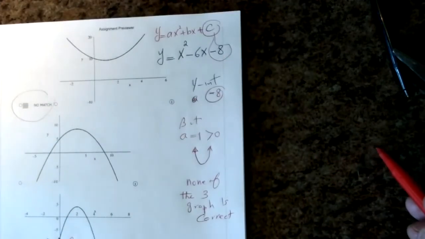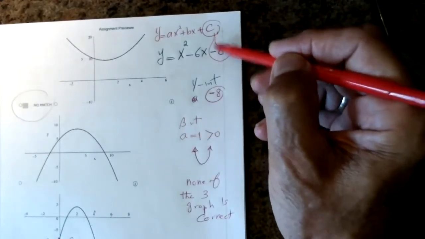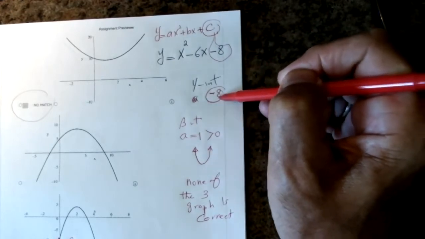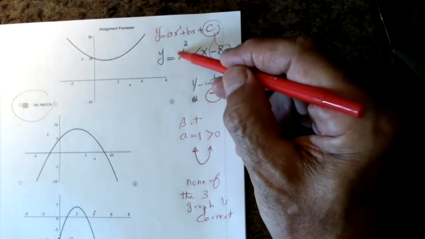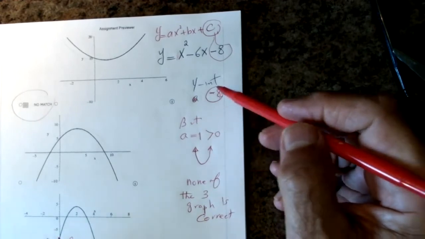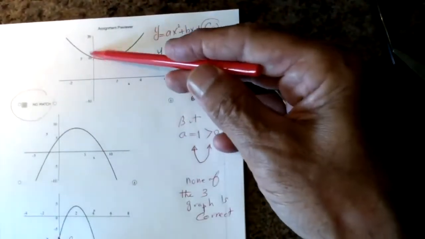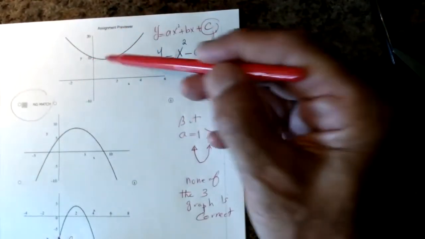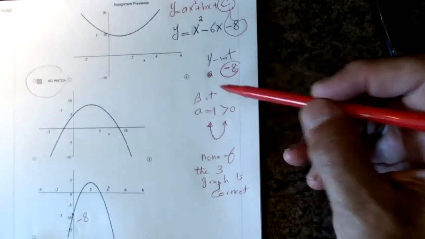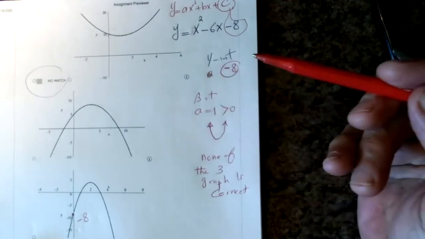Look at these equations. I wrote the general equation so you could see. Y-intercept, which is C, is -8. That means the graph hits the y-axis at -8. A is 1, so the graph opens upward, right? So this one does have y equal -8. But the graph opens downward. We know the graph is upward, right? So none of them has